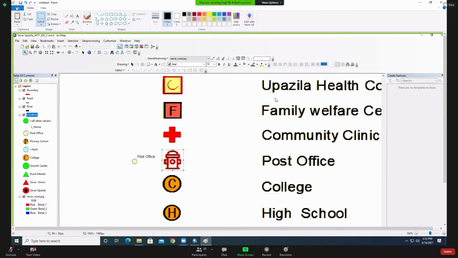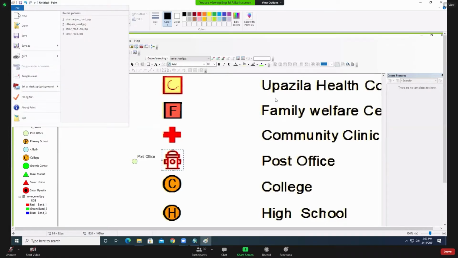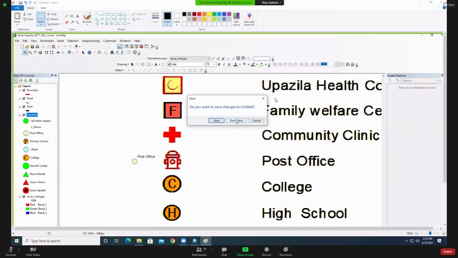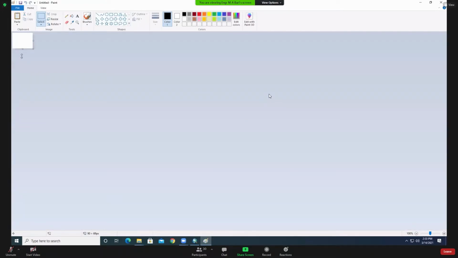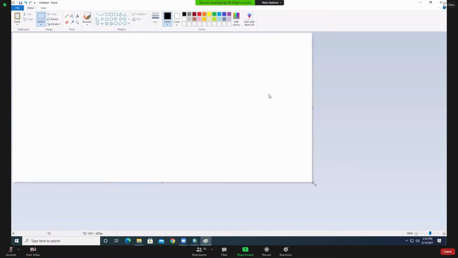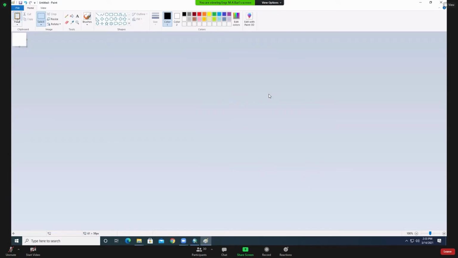That's why file and new. Then don't save it. If your page is too big, click this arrow, click it, and move it and make it small. And then click paste again.